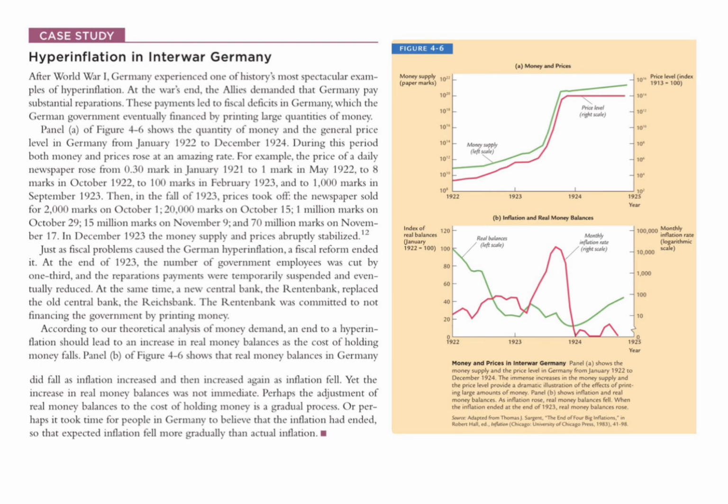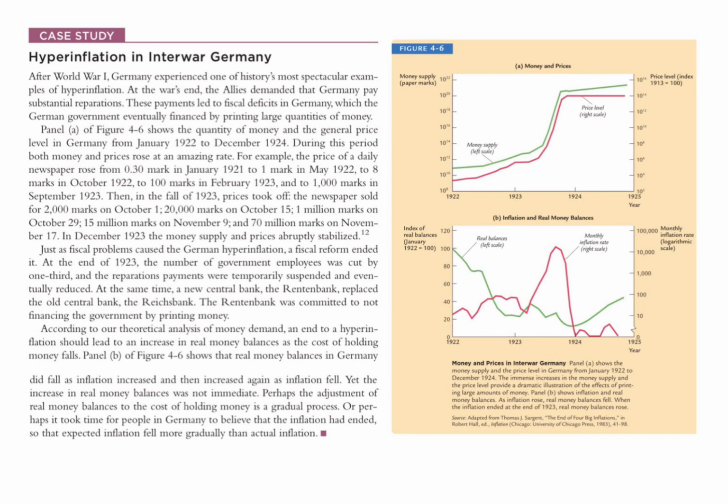Why? Because the Locarno Treaty and the Dawes Plan were introduced and they received funds from the USA as well. Later, those funds caused huge problems. According to the analysis of money demand, the end of hyperinflation should lead to an increase in real money balances as the cost of holding money falls. So real balances increase. So we can see from the figure that